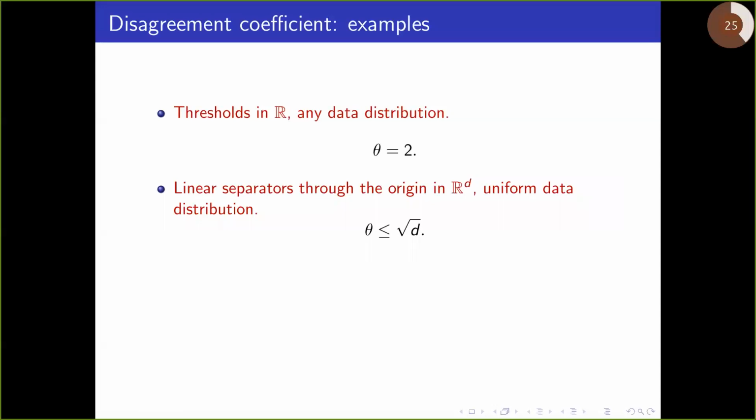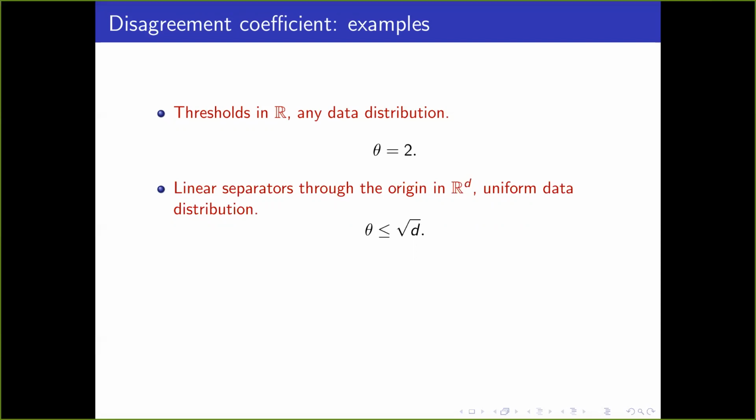Suppose you're doing linear separators. So you're just splitting the distribution. Let's pretend that the features on X are uniform over a sphere. So all of your features are sphered, which is actually a common transformation you do before you feed data into a learning algorithm. And now you're just trying to learn a linear separator, which splits one class from another. The disagreement coefficient is about the square root of the number of dimensions.